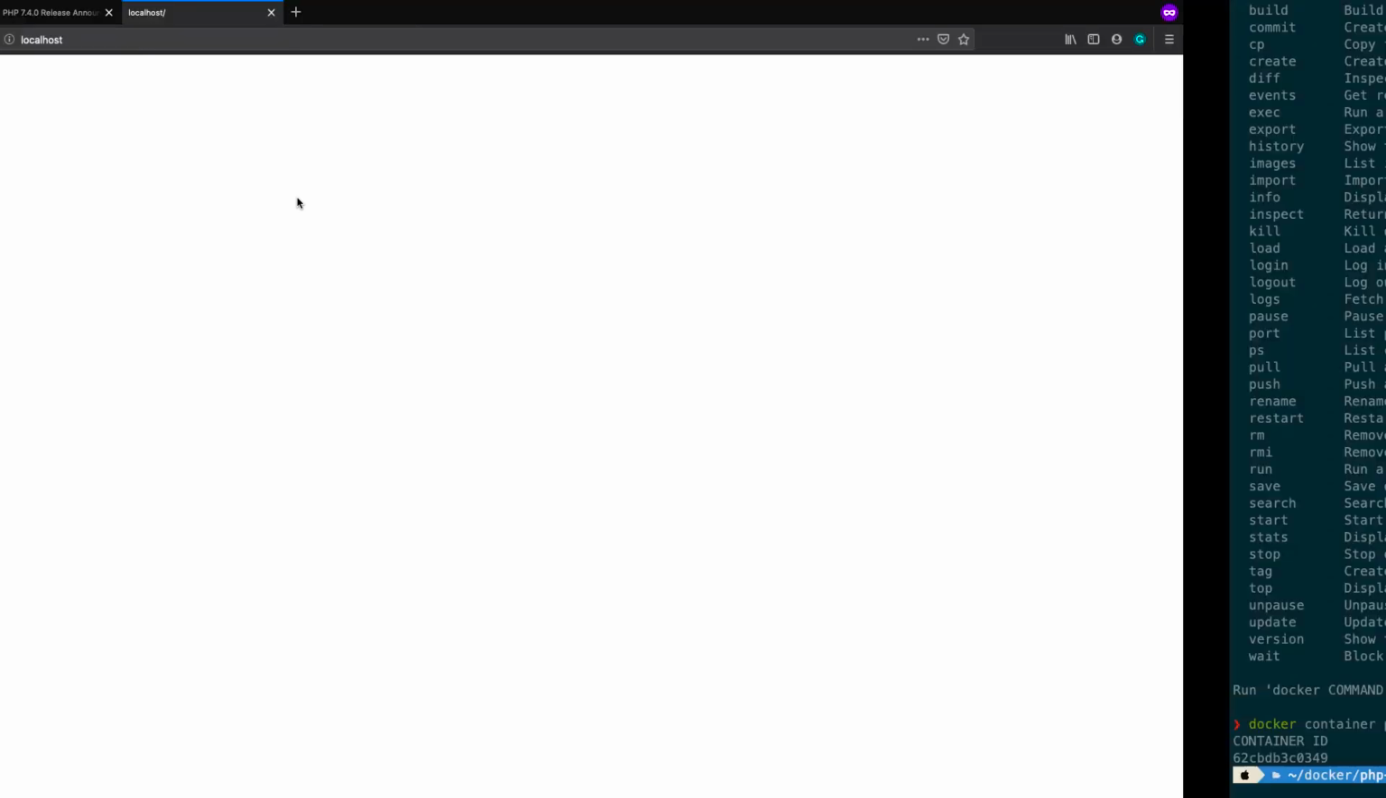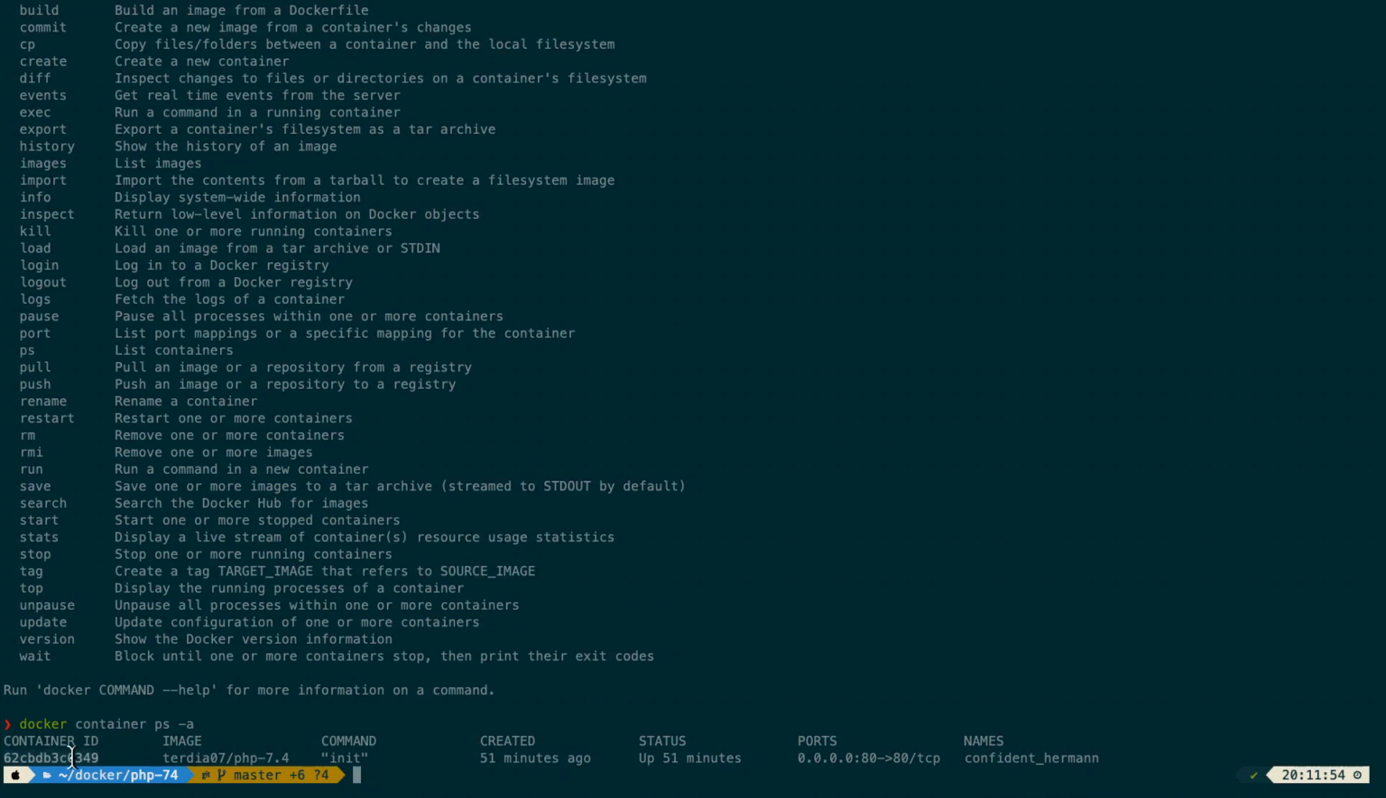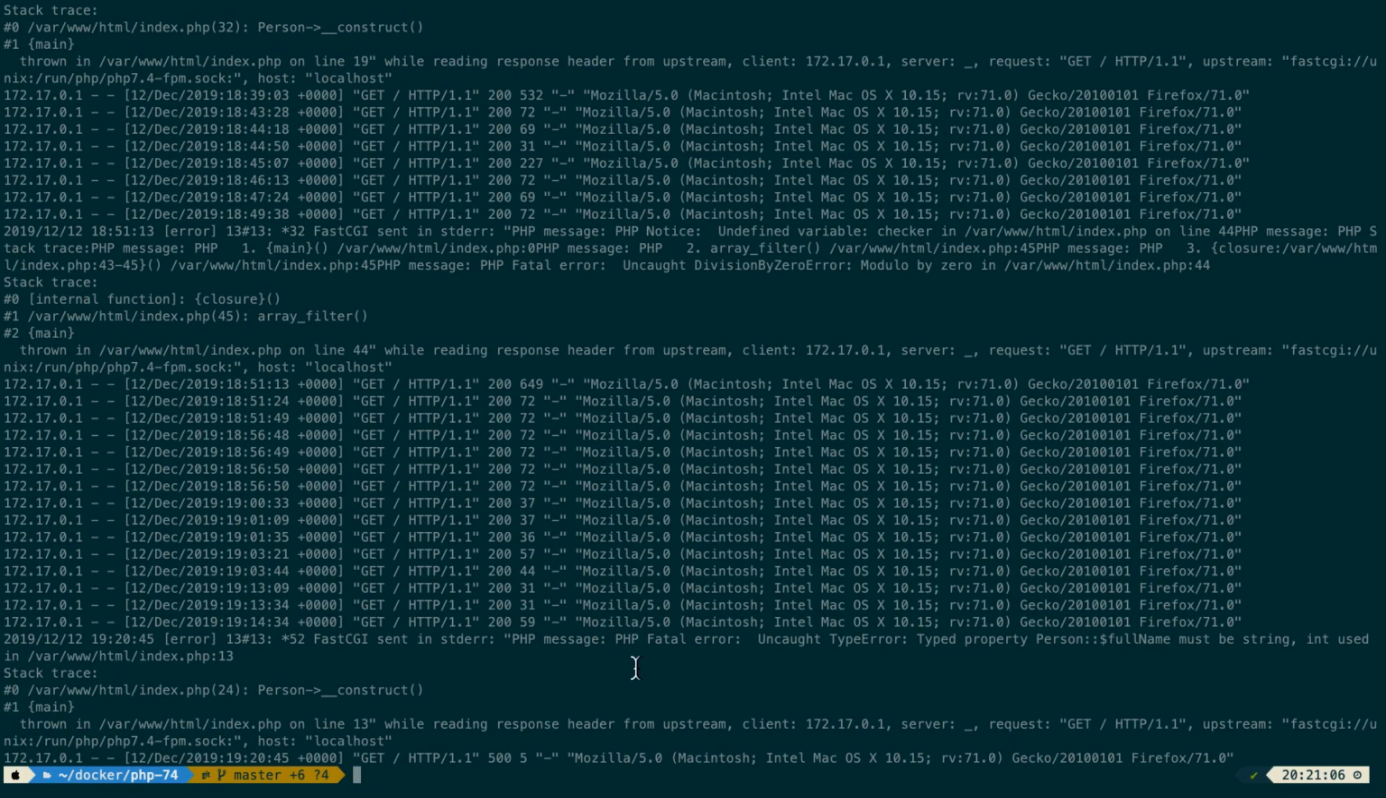So when I just reloaded the page, nothing is showing here, and I expect that we already have an error. We can see that in the container. So we can come here and say docker logs. So let's look at the logs in this container using the container ID. And right here we can see that we have a type error. All right, so we have PHP fatal error, uncaught type error, typed property person full name must be a string,